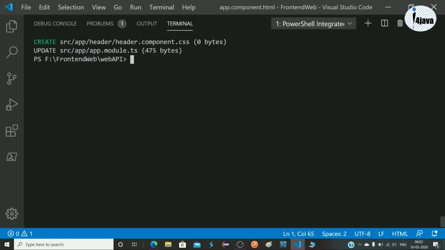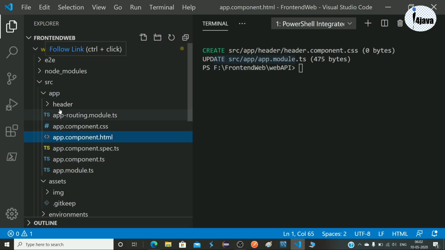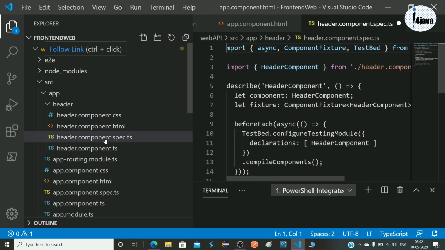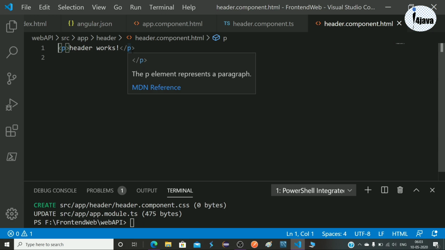Now it is updated here. Let's go and check. Here is our header component. This is our CSS part. This is our HTML. This test file we can delete also. It will never impact our application, right? And let's check whether it is working or not.